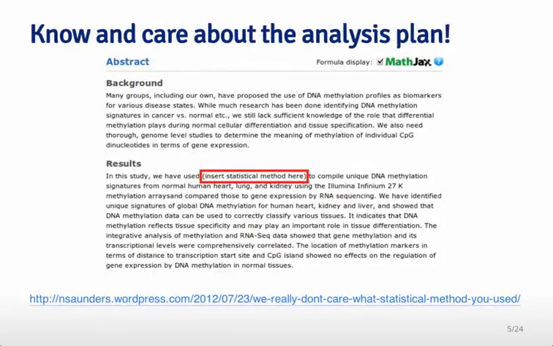This illustrates how a very exciting result can lead you astray if you're not very careful about experimental design and analysis. The first thing to be aware of when performing any sort of experimental design or data science project is to care about the analysis plan. This is actually a published paper where, believe it or not, in the abstract of the published paper, it says "insert statistical method here,"